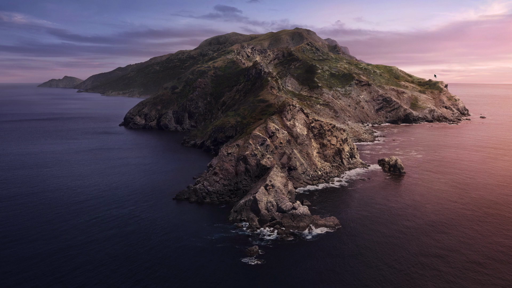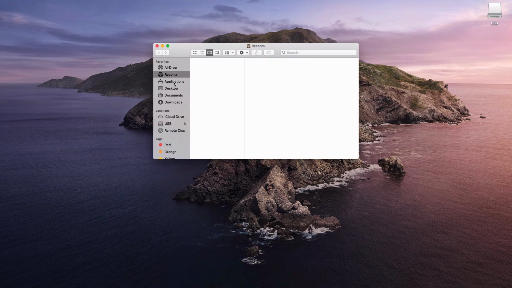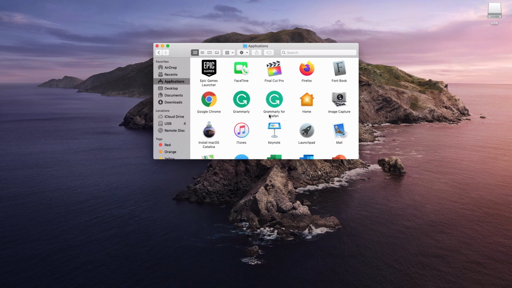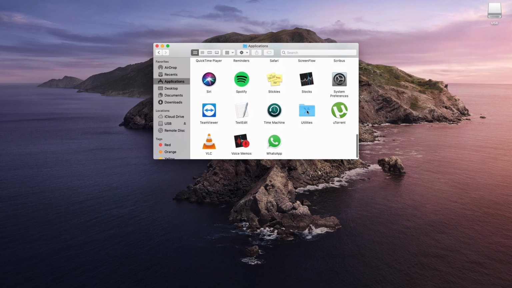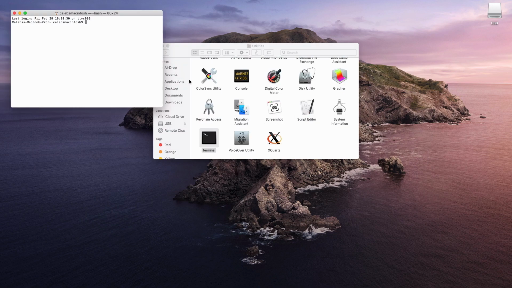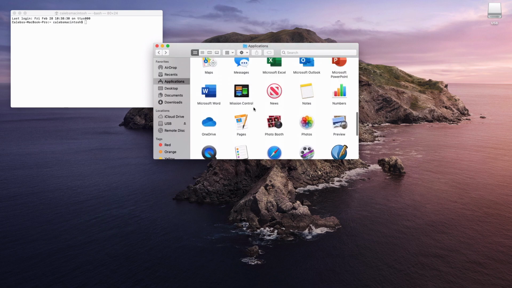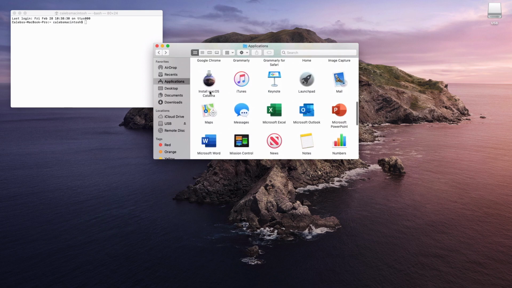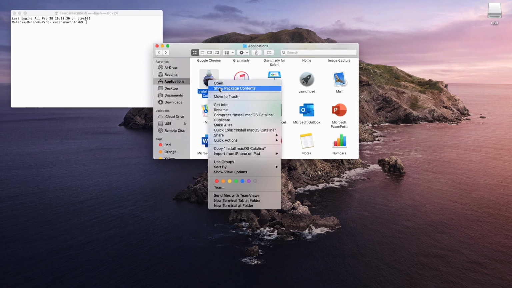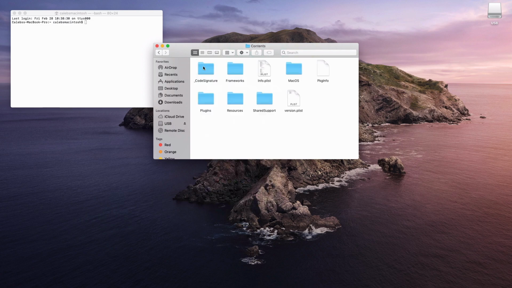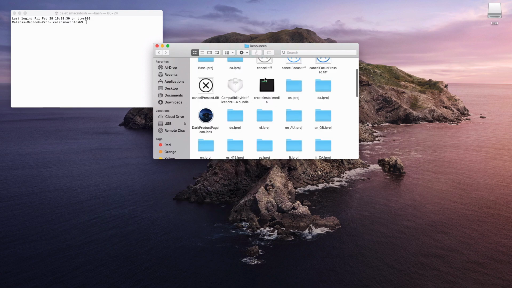Now once our USB is inserted into the computer, all we need to do is go to our dock, click on Finder, click on the applications icon right here, and scroll all the way down to the bottom till we see the utilities folder. Click on it and then click on Terminal. Once Terminal's opened up, we want to go back to our applications folder and locate the Install macOS Catalina installer. Click on it, then right-click, click Show Package Contents, then click on Contents, click on Resources, and once we're here,